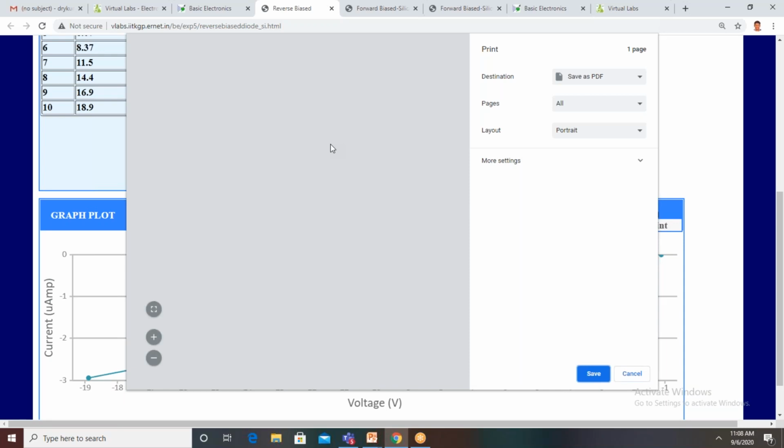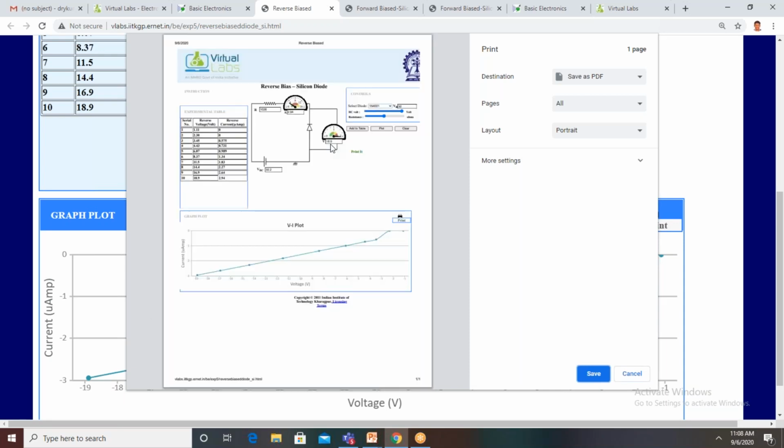I am not explaining the complete theory about the PN junction diode under forward and reverse bias. All the items are available here: the controls, that is the type of diode and the maximum reverse voltage, the reverse biased circuit diagram, the tabular form, and the VI characteristics of the diode.